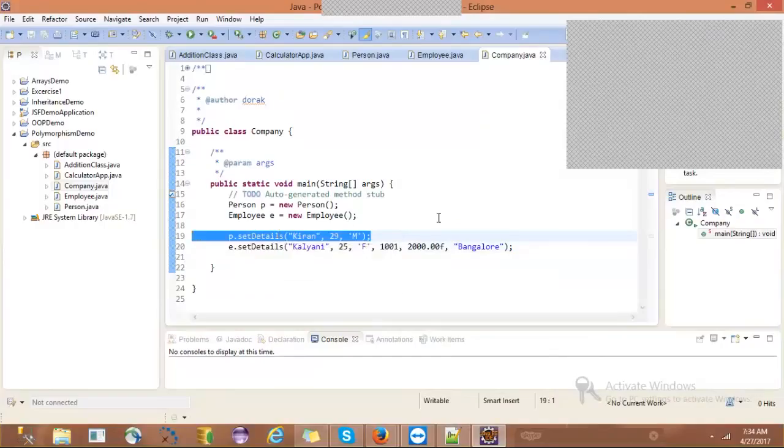Tell me guys, which copy of set details will be executed in this highlighted statement? Yes, from the person class. How could you say that it is from the person class?